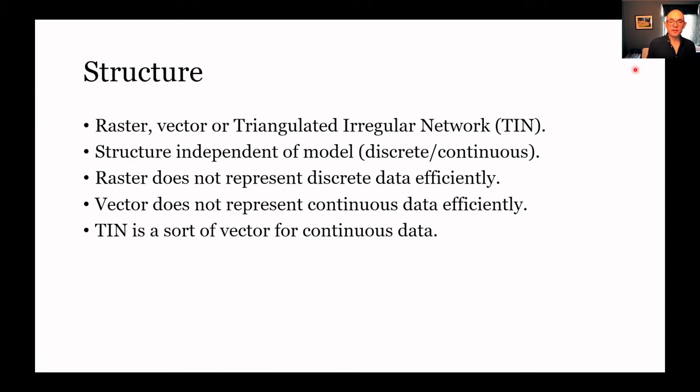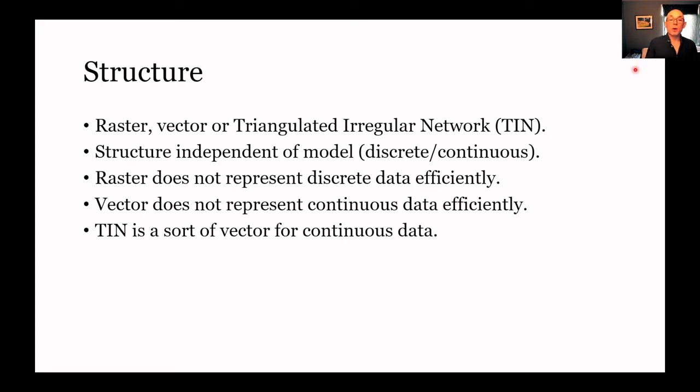Whereas with the vector, once we have that package of data where everything's homogeneous, we could actually just say, well, across this whole area, that's all the same thing. That's one discrete package of thing. Well, we could just draw a line around it and call it a vector. All of that, we don't need to worry about what's happening inside because it's all homogeneous. We don't need to describe every single step. We just say that they're all one and the same thing. So this is why we say that vectors are better at storing discrete data and rasters are better at storing